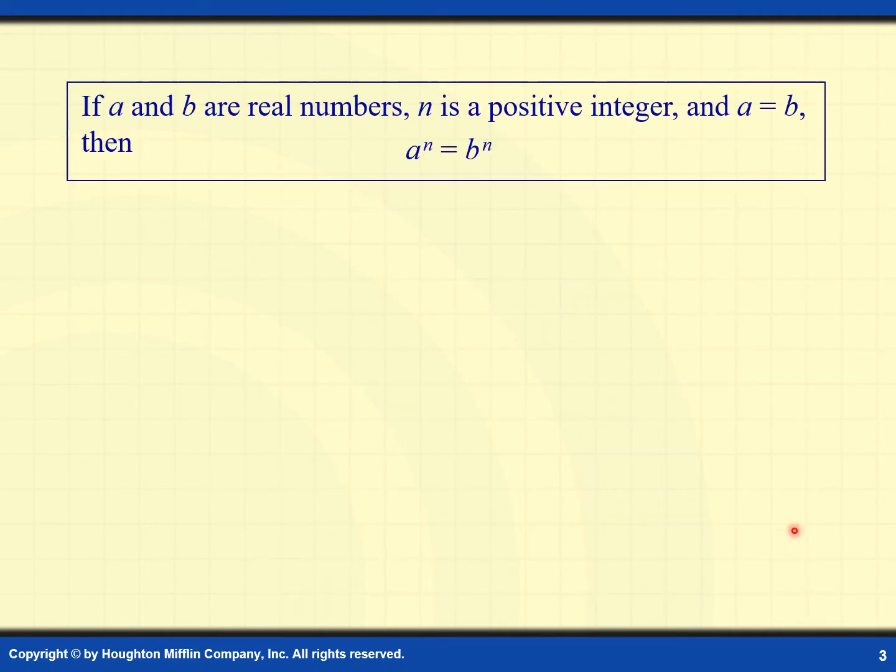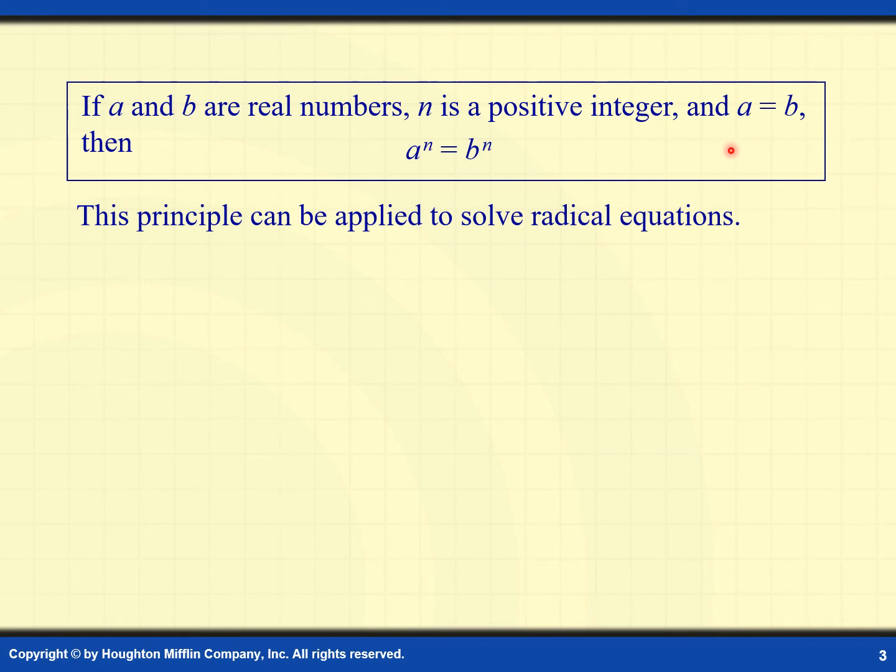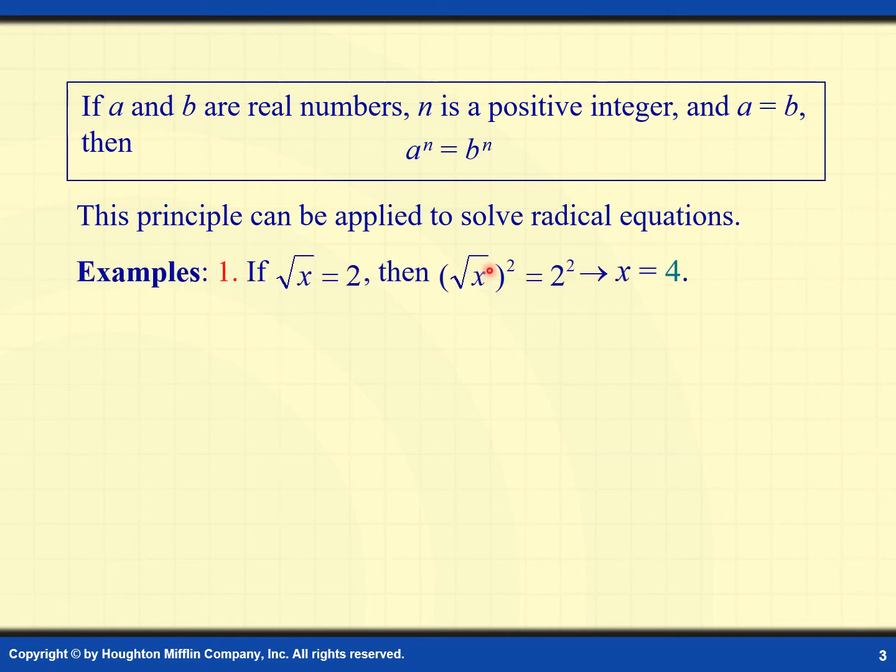So if A and B are real numbers and n is a positive integer and A is equal to B, then always remember A raised to n is equal to B raised to n. This principle can be applied to solve radical equations. Example number 1, if the square root of x is equal to 2, if you just think for the value of x that will give you 2 as the result,